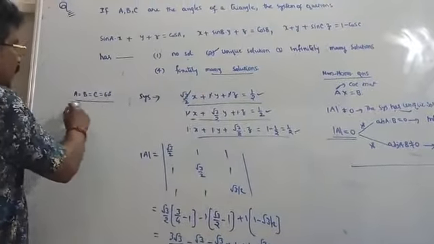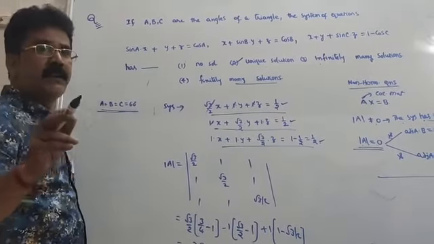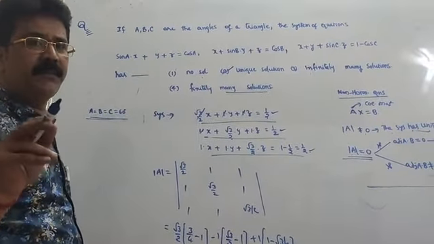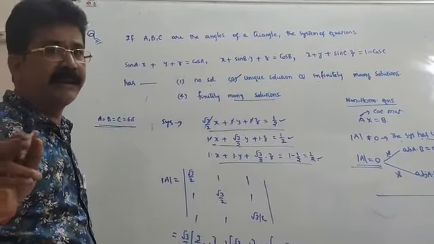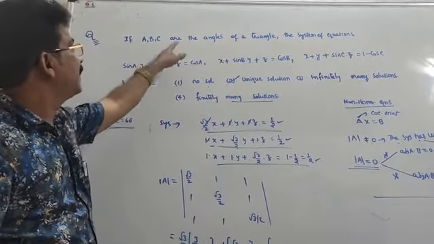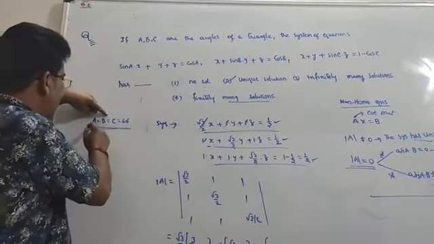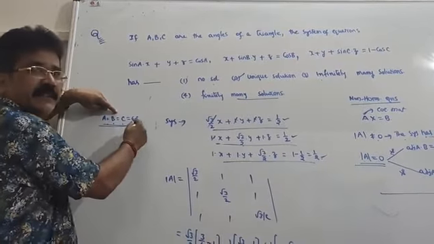This is the shortcut. You can take different angles such that capital A plus capital B plus capital C equals 180 degrees, because the sum of the angles in a triangle is 180 degrees. For the easy way, I took A equal to B equal to C equal to 60 degrees. Hence the problem.